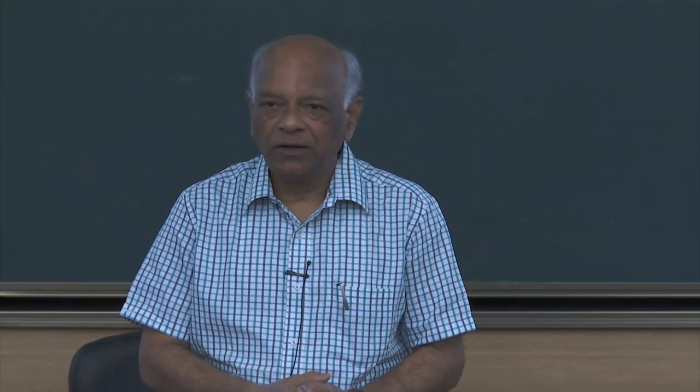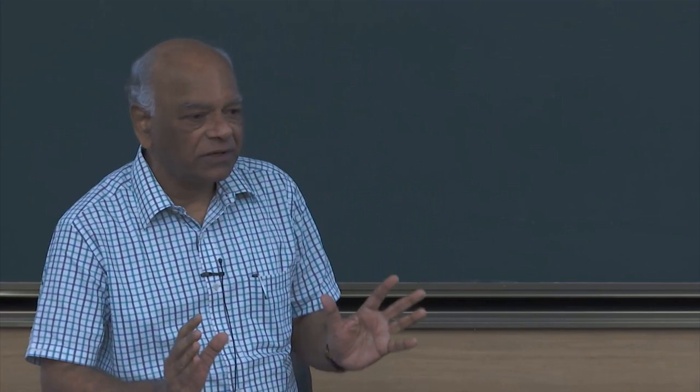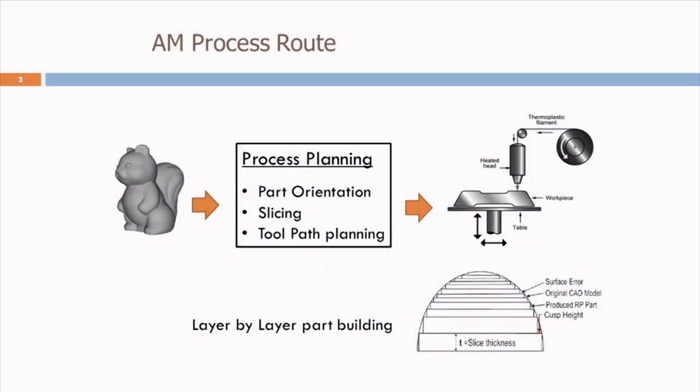Before we plunge into what our research is and what we have been trying to do, a few words about the additive manufacturing technology itself. This is a process route, how a part is fabricated directly from a CAD model in a layer by layer fashion. As you can see, you start at the left end with a CAD model, which is a nice model developed in three-dimensional space, which you can see, which you can orient, which you can calculate the properties about.